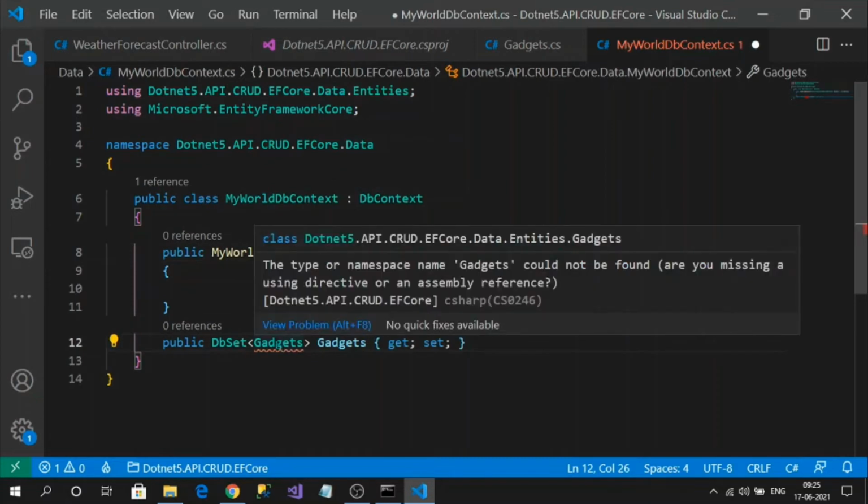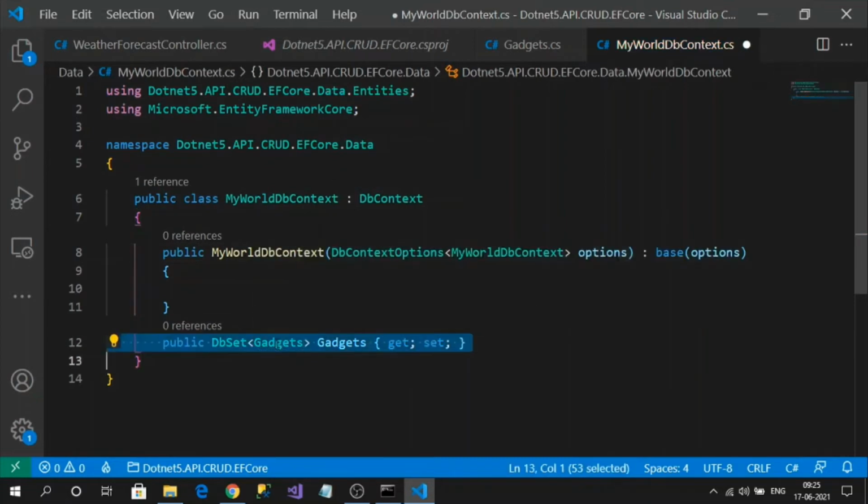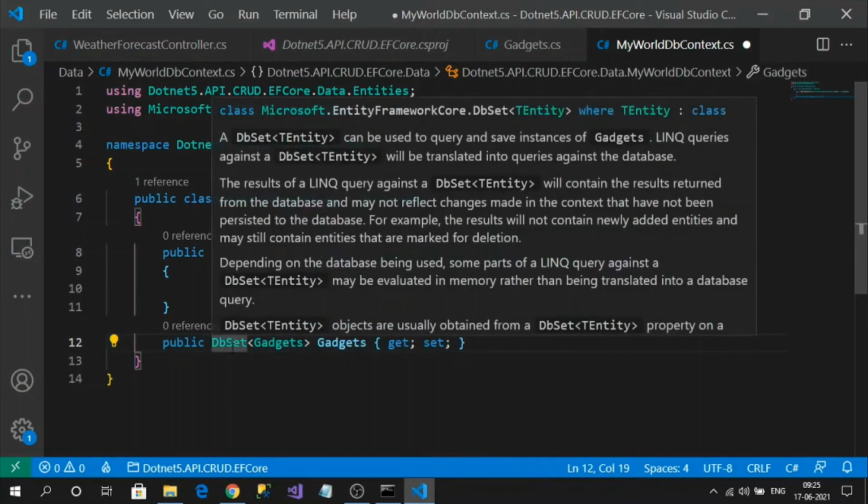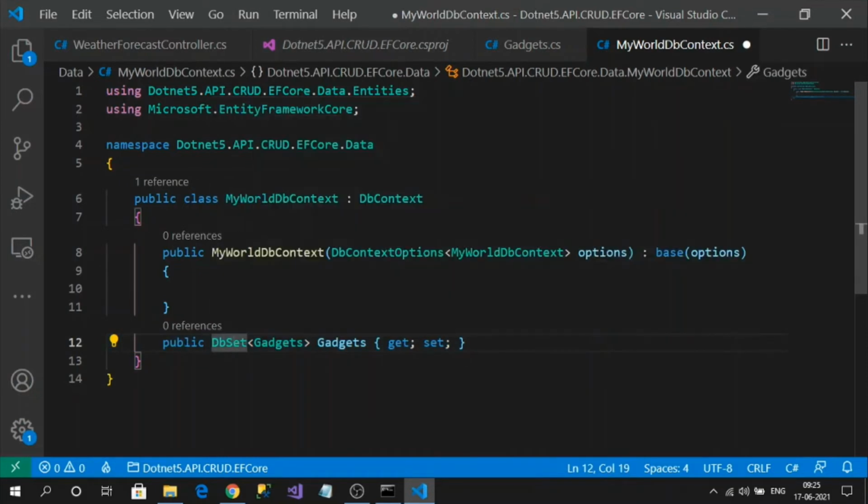So for our plain class to act like a database table, it must be encapsulated with the DbSet. So like this, we have to register all our table classes inside of our database context, so that it can operate or query the respective tables using EF Core.